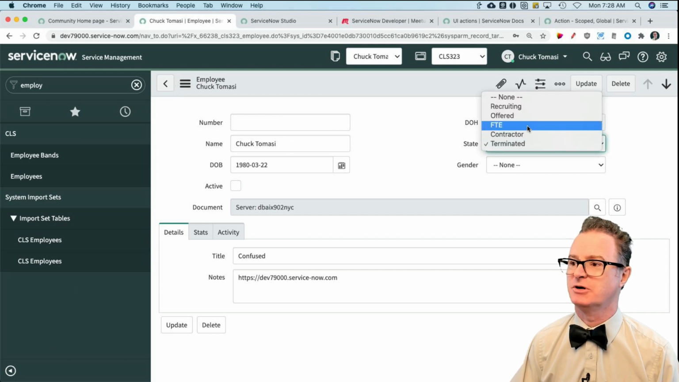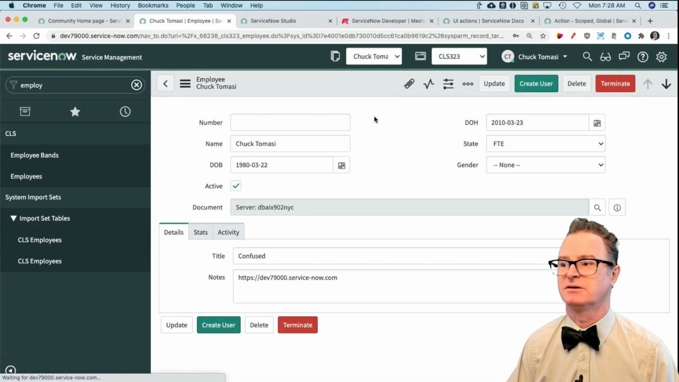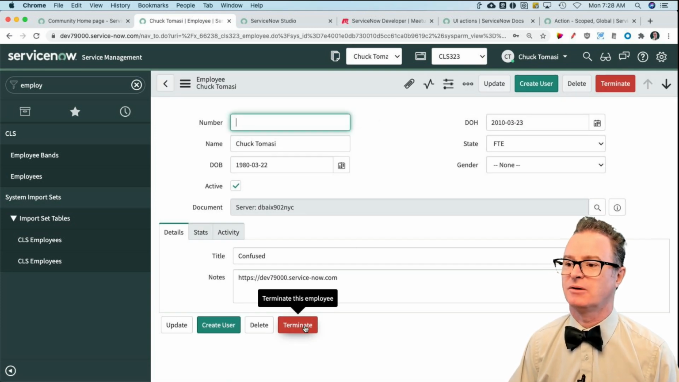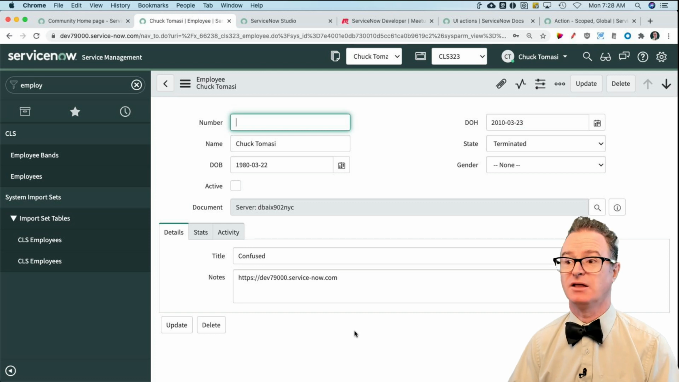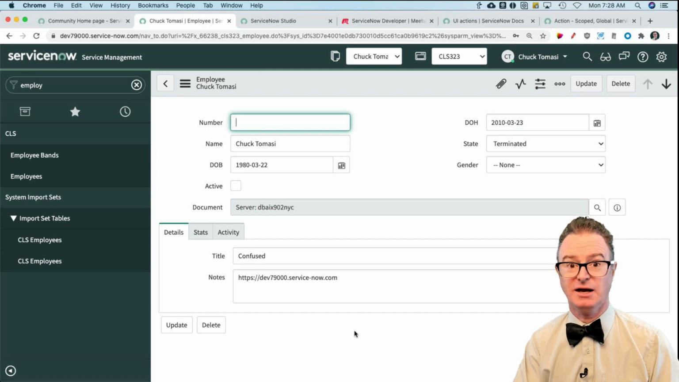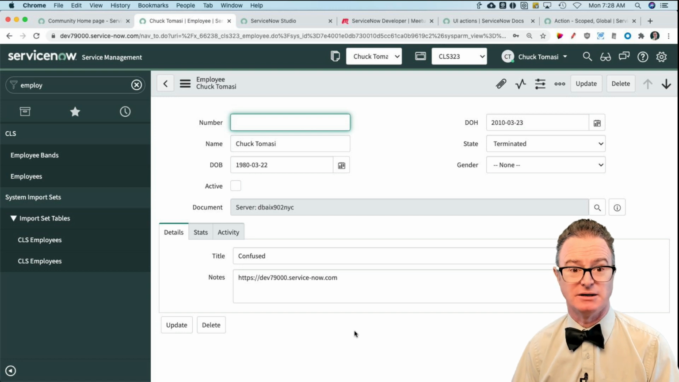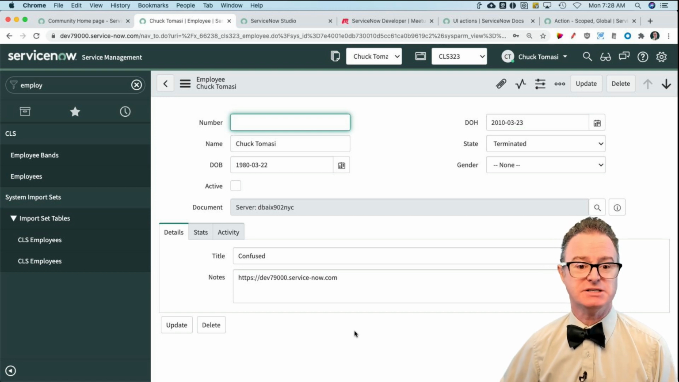Let's change our demo data back to FTE active. This will bring me my terminate button. And when I do this, it now stays on the form. This is one of the handiest things I do in UI actions. I update and stay. That's all I want to do. So very easy to do. Now it's more like the save button. Okay, so that's a simple